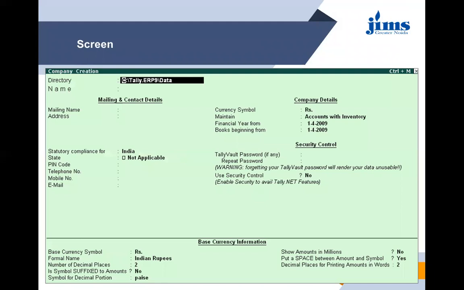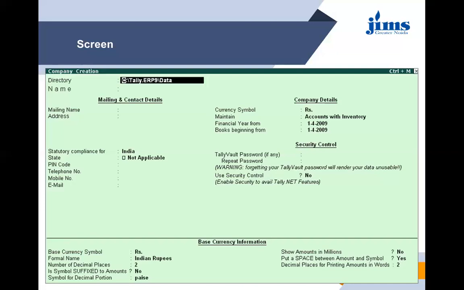As in my last video, I showed you a screenshot of the Tally gateway where every piece of information was given with the titles, heads, and everything displayed. So on the Gateway of Tally page, we have a screen where all the information is given about the creation of the company, selection of the company, accounting. From there, we have to select company creation. As we select that, the company creation screen is displayed like this, where all the information needs to be filled properly and correctly to start any kind of transactions related to your accounts.